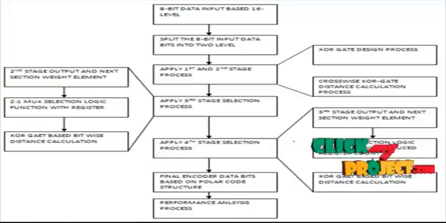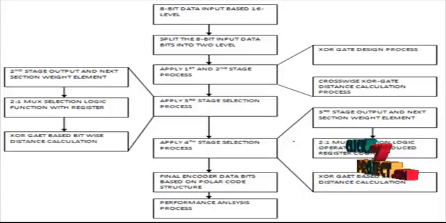Next we see the flow diagram for the project. Our flow diagram is a 16-point polar code based partially parallel encoder architecture. We apply the 8-bit input data bits at the 16-point level. Then at each level we apply the single 8-bit value with different bit limitations, and split the 8-bit input data bits into two levels, applying the first stage and second stage processes, because the polar code consists of a 4-stage process for the overall partially parallel encoding function.